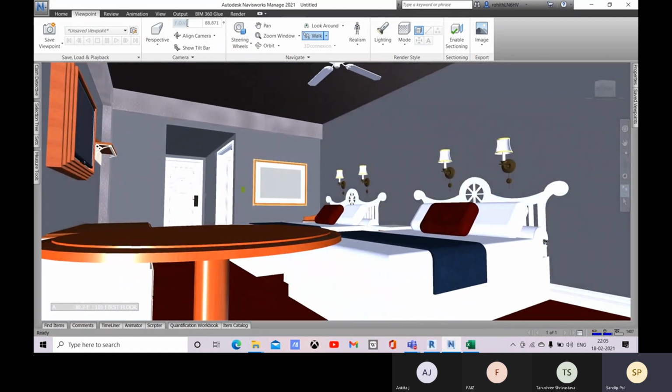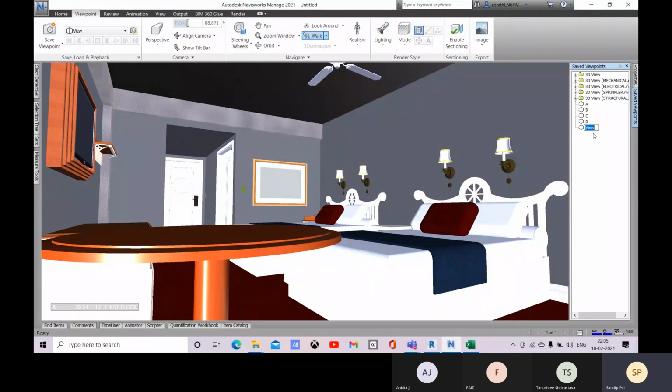I will have this view, save viewpoint, save this like E, enter.